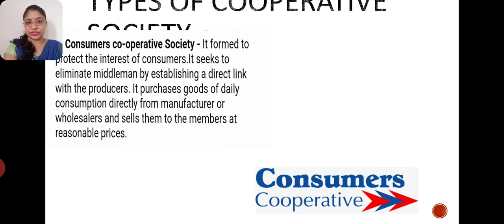Even the agent may join this channel of distribution. So if these middlemen are removed and there is a direct link from the producer to the consumer, or from the wholesaler to the consumer, the consumer will get the products at a reasonable price. This is what they wanted to do. So they come together, they purchase the product in bulk quantity from the producer or from the wholesaler, and they distribute among themselves. That means they sell to their own members who are members of the society. So they are benefited with a reasonable price for the particular product.